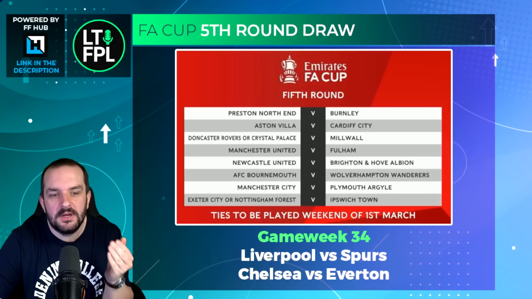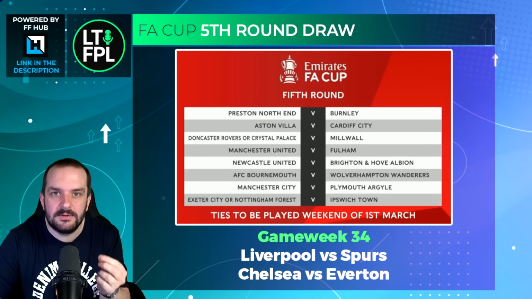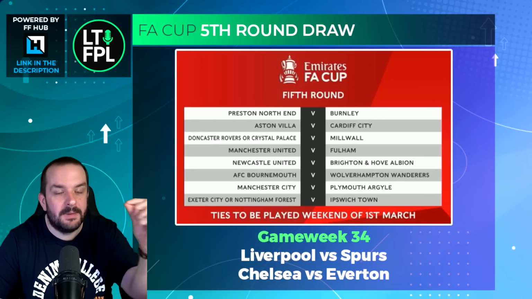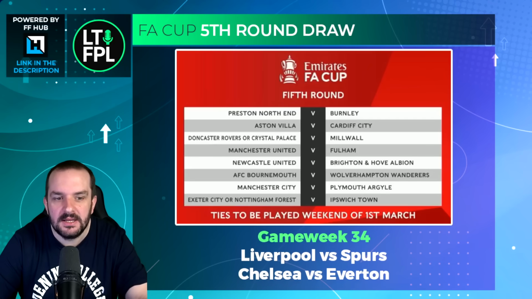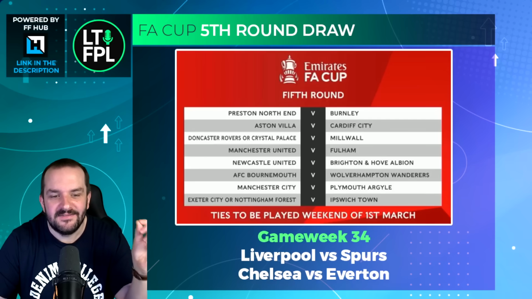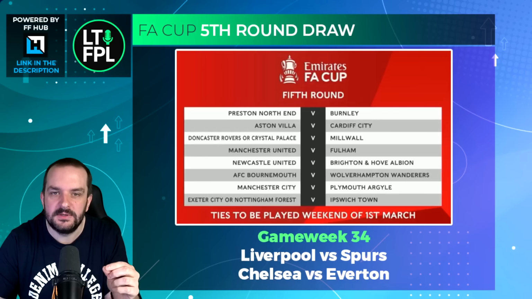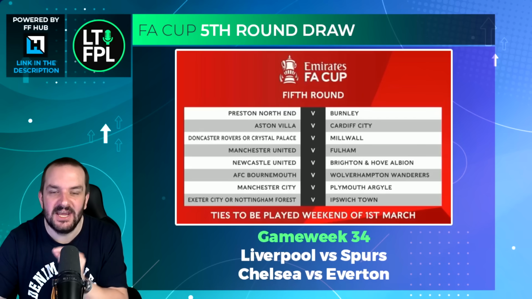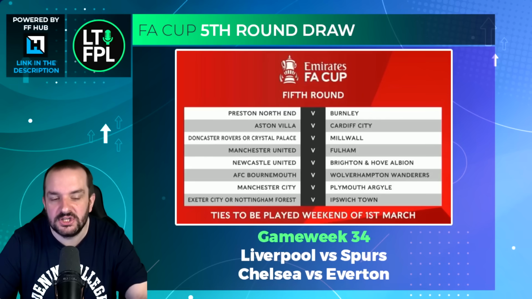For the 5th round, a lot of Premier League teams were kept either apart from each other, or the stronger team based on what we've seen so far this season is at home, apart from probably Man United. So Villa are at home to Cardiff, Palace are at home to Millwall. Both of those Premier League teams will be favourites. Man United at home to Fulham. Fulham have probably played better this year, but Man United will have home advantage, so they will be the favourites